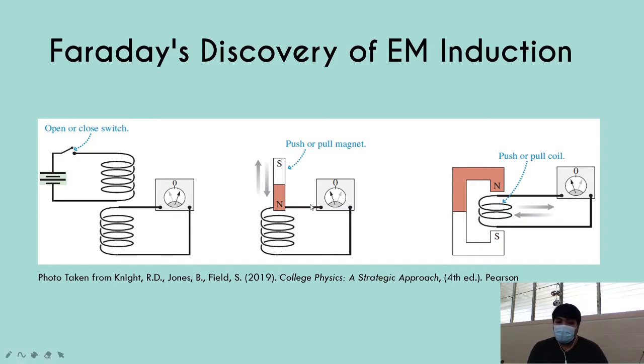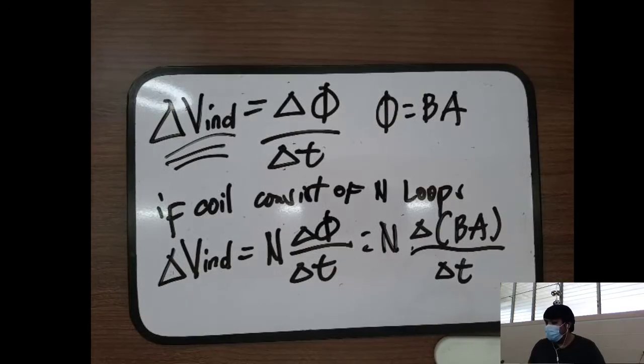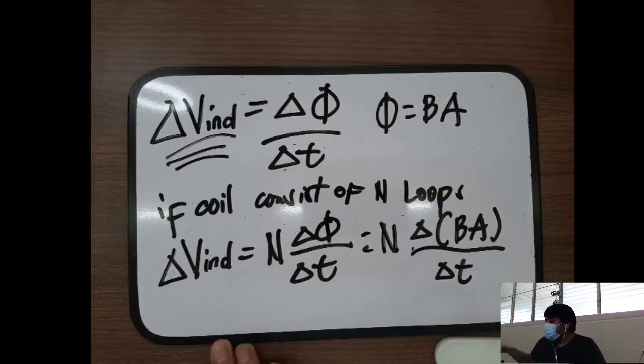That is why there is a change in the voltage. There is a change in the reading of either your galvanometer or an ammeter. Thus, there is a production of an induced voltage or current. Same goes with the third example. So, going back to our discussion, let's try looking at it